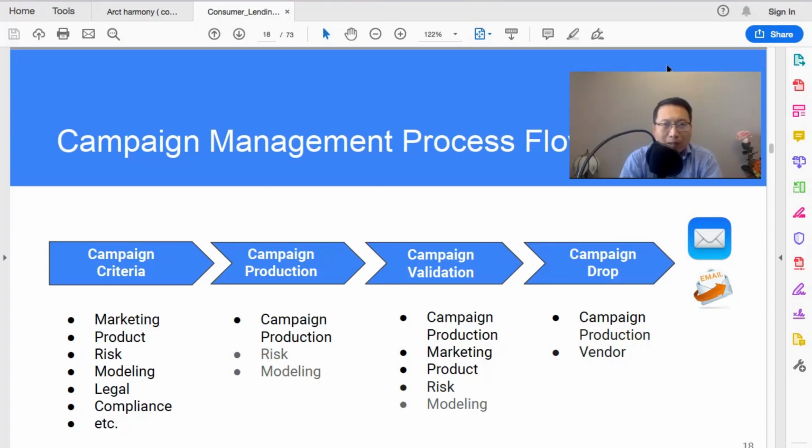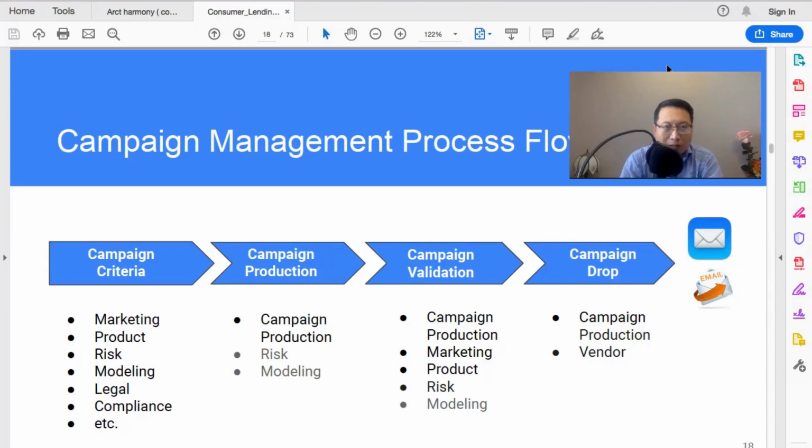At the beginning, when the campaign is initiated, we need to determine what the criteria are for the credit marketing campaign, right? Exactly which customers we target. There are a few stakeholder teams that need to get involved. At the beginning, we have marketing. They usually have a particular tactic in mind, a certain customer in mind for a particular campaign, right? For example, balance transfer, or brand new credit card offers or loan offers.